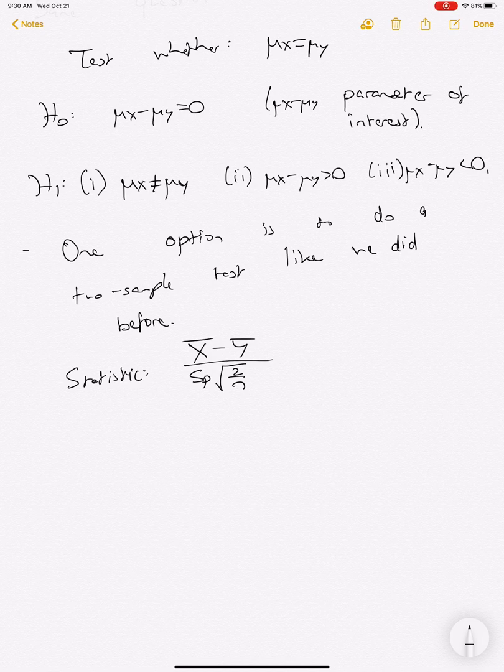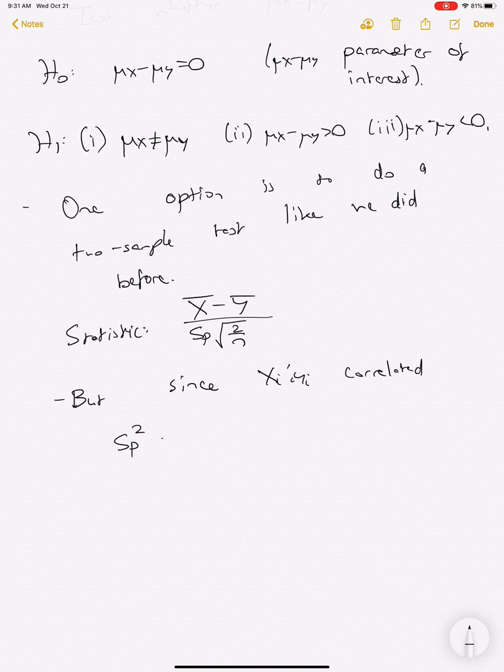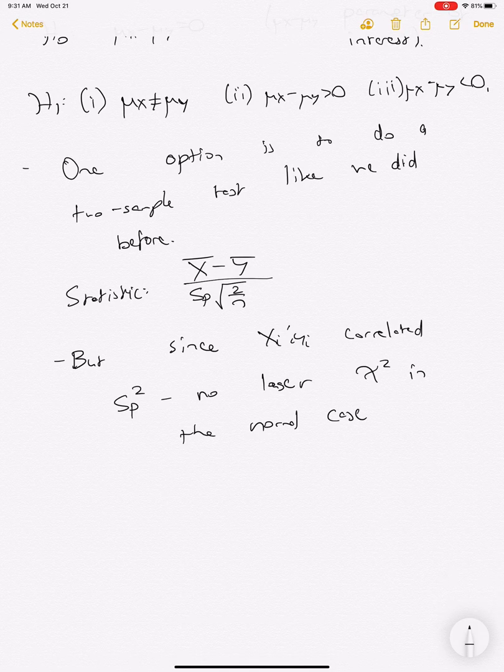One of the issues here is that, since xi and yi are correlated or dependent, the S_p squared is no longer chi squared in the normal case. And more importantly, you could certainly do this and it's not a horrible thing to do, but